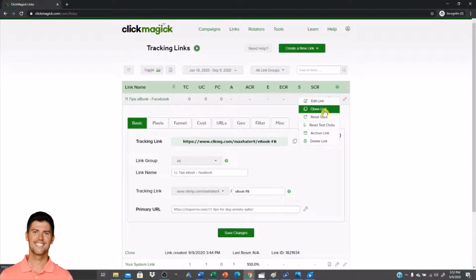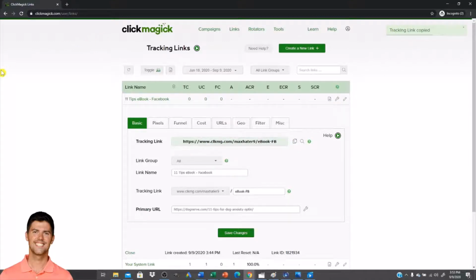and this will come in handy because we're going to do more things with this ebook than just a Facebook post. All we'll have to do later is clone the link, rename it, rename the link itself to the source, and go from there. So I'm going to go ahead and take this link and copy it, and now the tracking